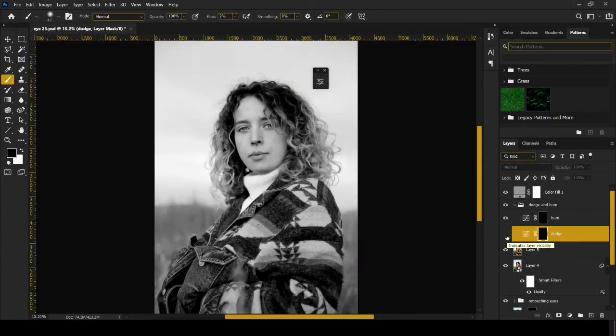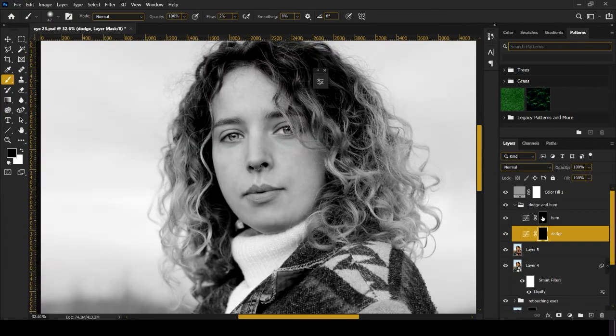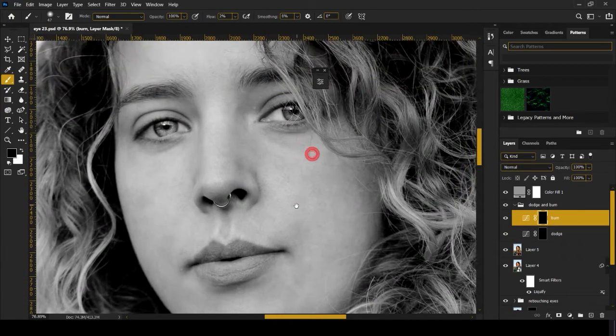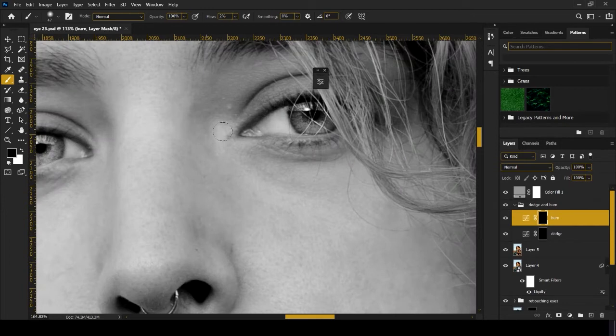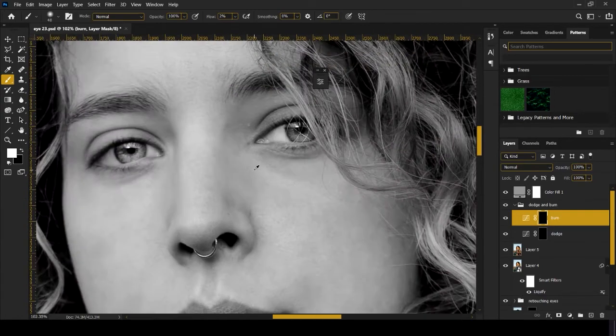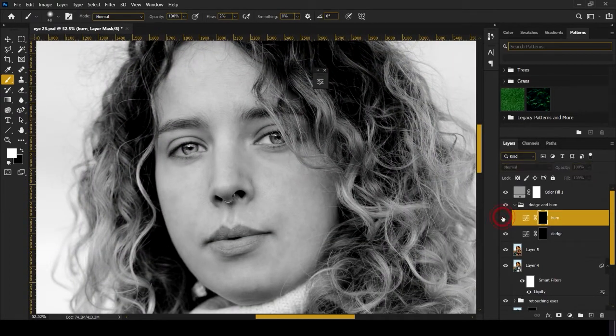This is before, this is after. Let's move on to the burn layer. In this we will be darkening the bright areas like this area. Again painting with white on the layer mask with the same process, and just darken the images very carefully. See, gone.